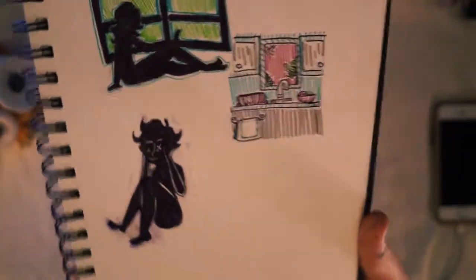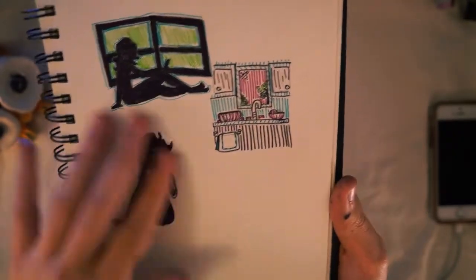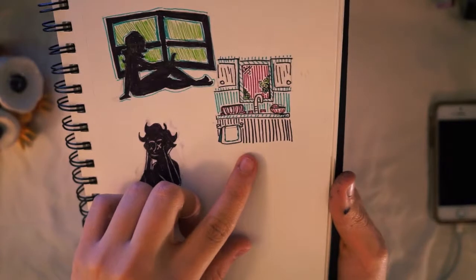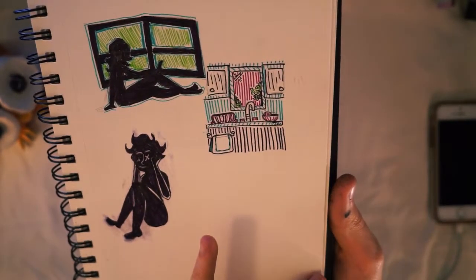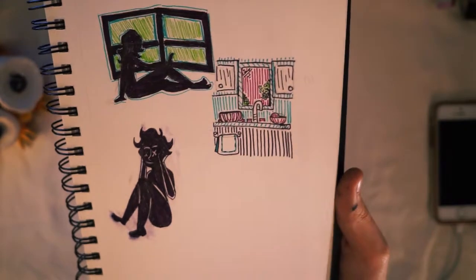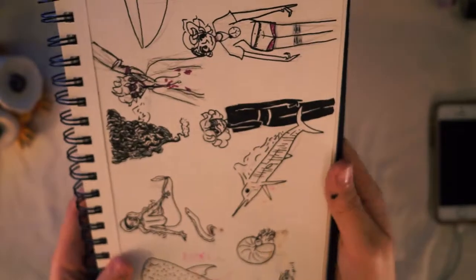And then this is just doodles from class. This did not turn out the way I wanted it to. This is strange, but I liked this. I liked the lines. I wish I could have done something a little bit different with outlining stuff, but whatever. And then the next page is,